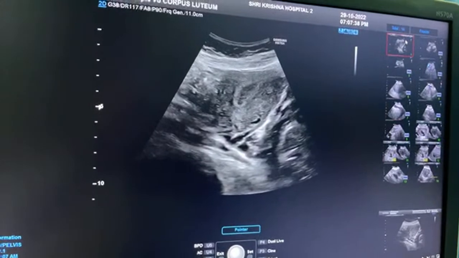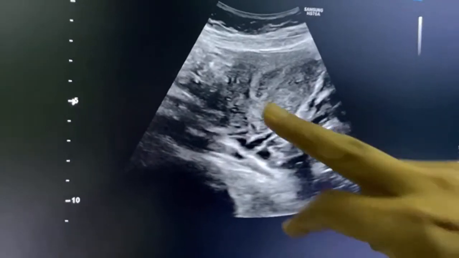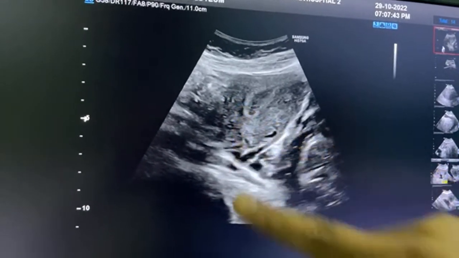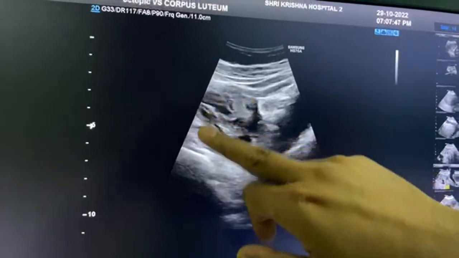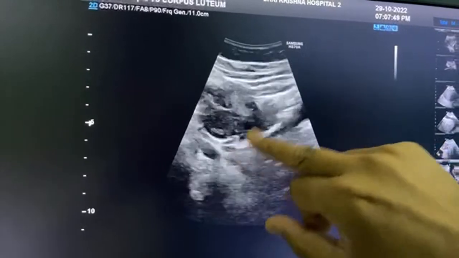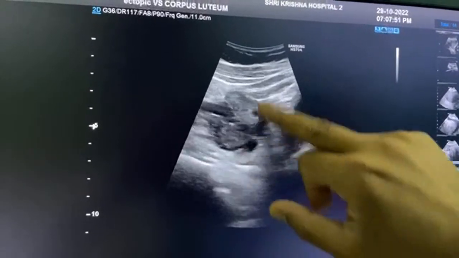See this again. Let me show you again. This is again a heterogeneous, mainly echogenic mass around the ovary.